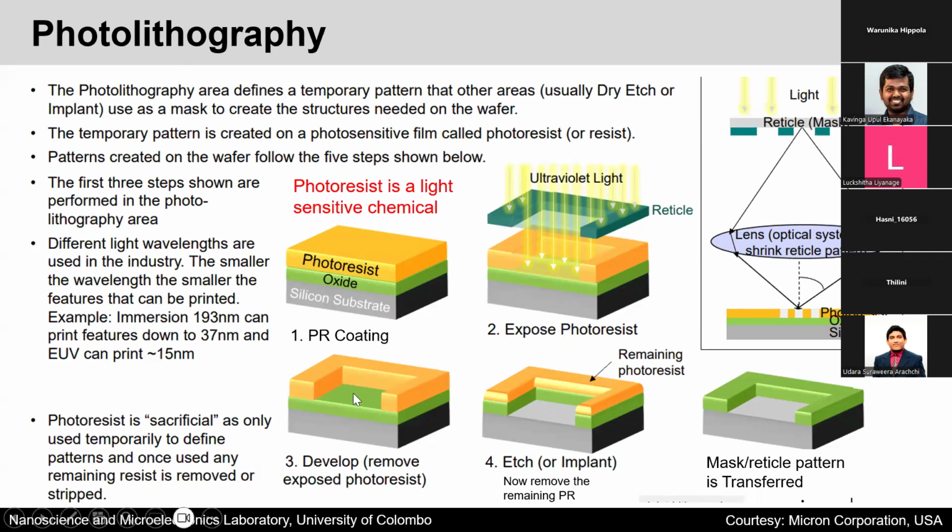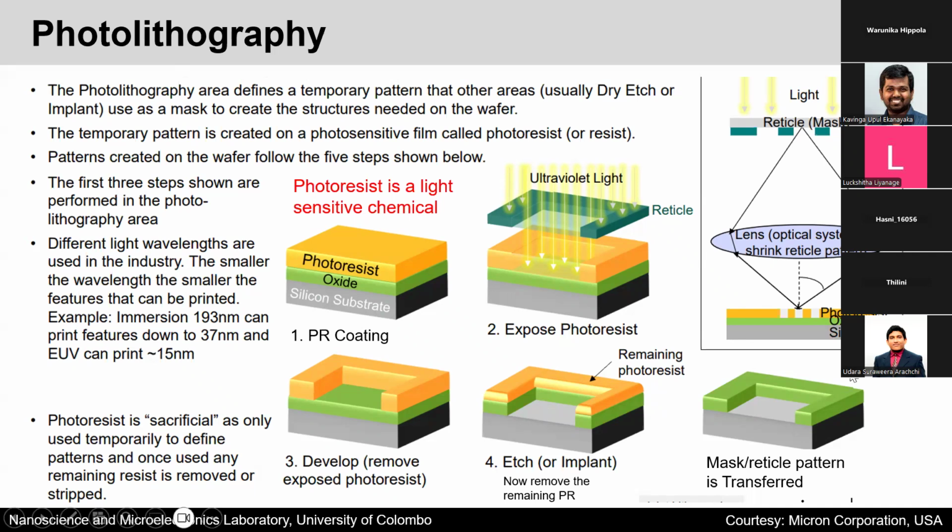And now what you can do is you can put this entire thing into an etch chamber where you bombard it with certain high energy ions, and then these ions would take away whatever it comes into contact with. It takes away some of the resist from this area, but then most importantly, it takes away some of the oxide from here, right? So then what you are left with is this structure, and then you can just wash away this photoresist liquid, and now you have transferred this reticle or the mask pattern onto the silicon dioxide